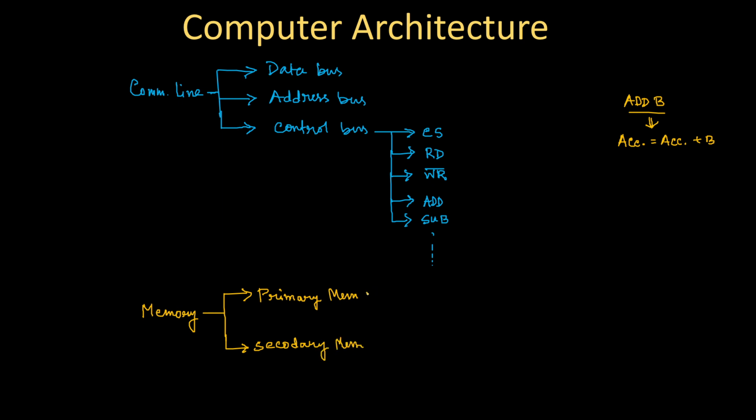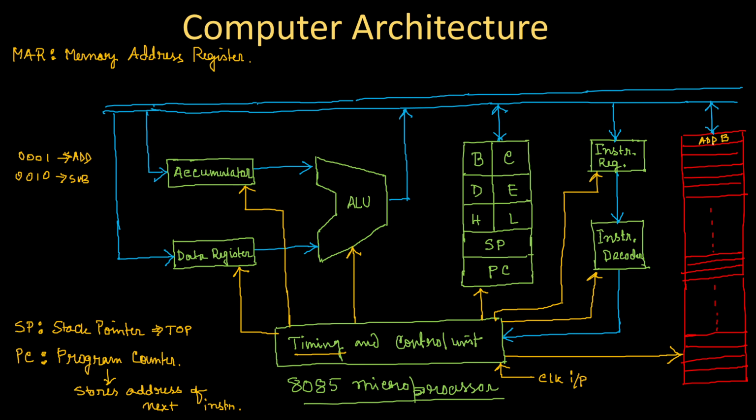Now this primary memory can again be of 2 types. One is RAM and another is ROM. So the memory that I have discussed over here is basically RAM, okay,